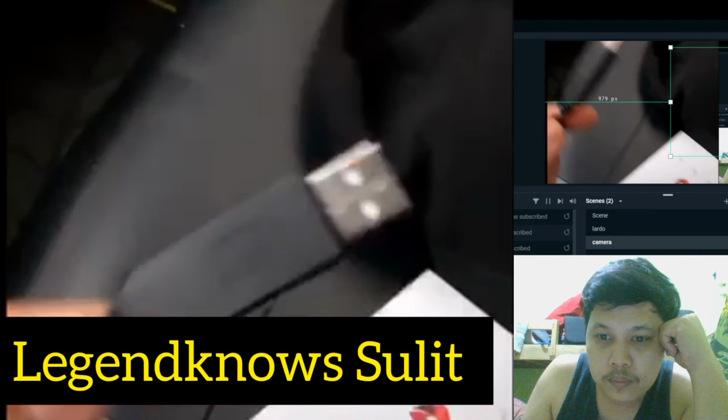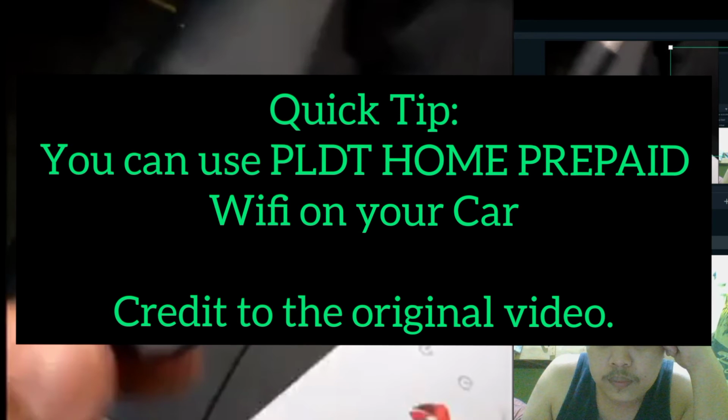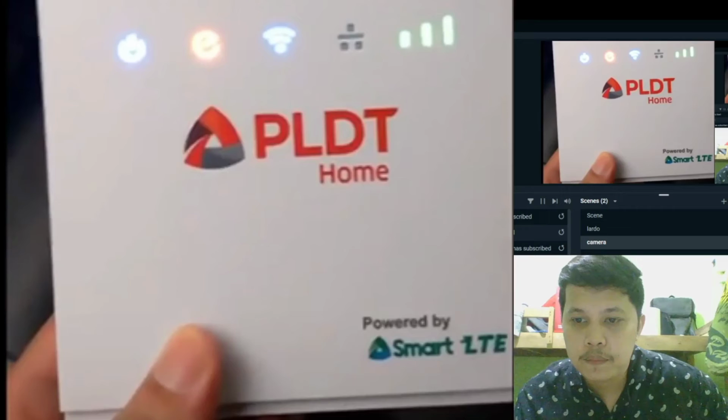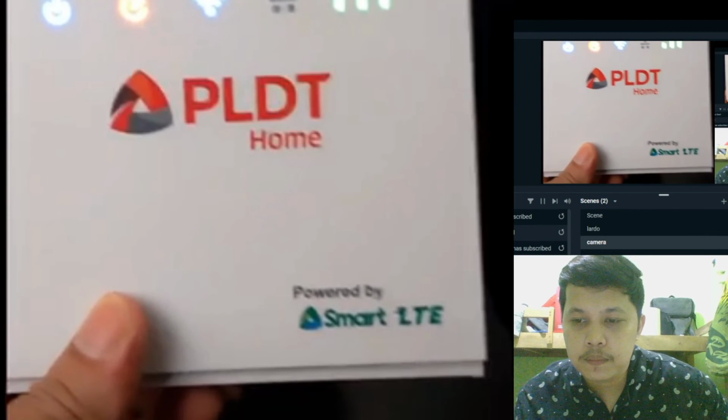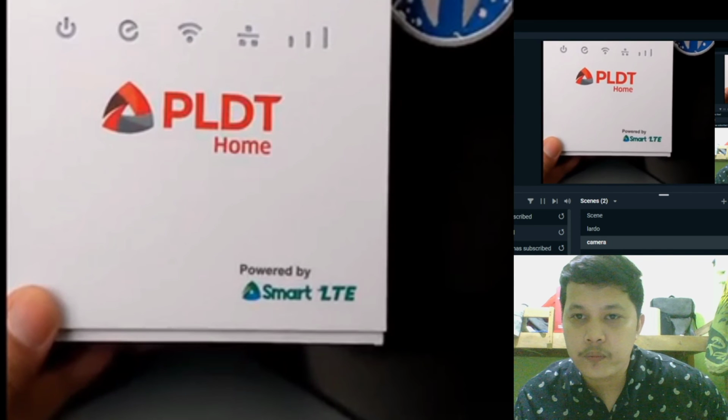Dapat 12 volt siya. So ang gagawin natin, ipa-plug natin yung car charger sa cigarette lighter, and then plug natin yung cable doon sa car charger natin. Magkaroon ng wifi sa kotse natin. So kailangan lang natin is PLDT Wifi Home Prepaid. And then,